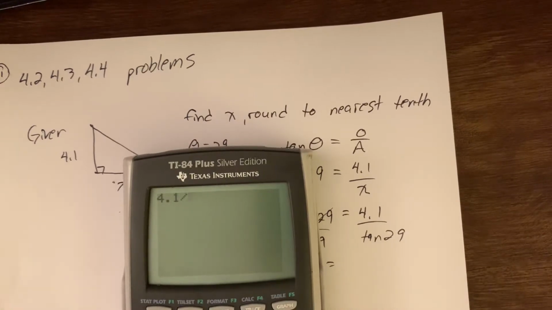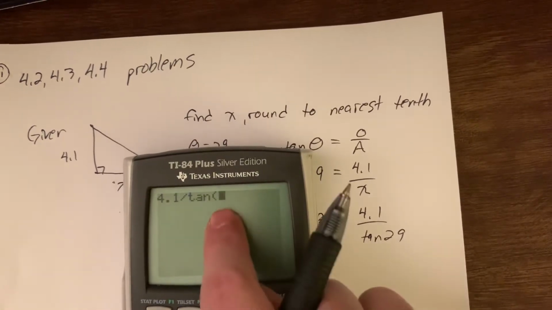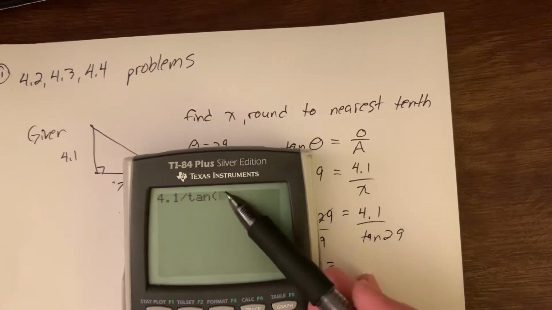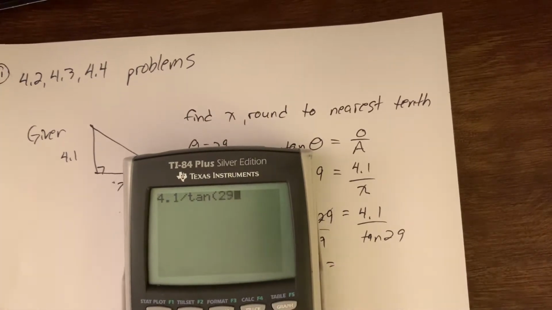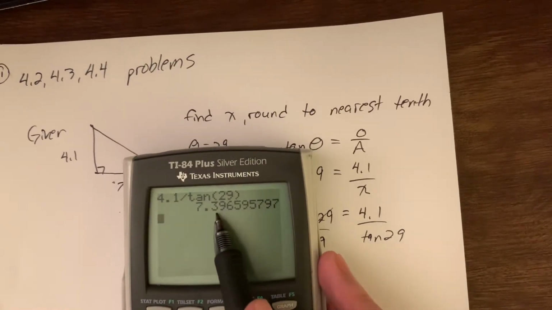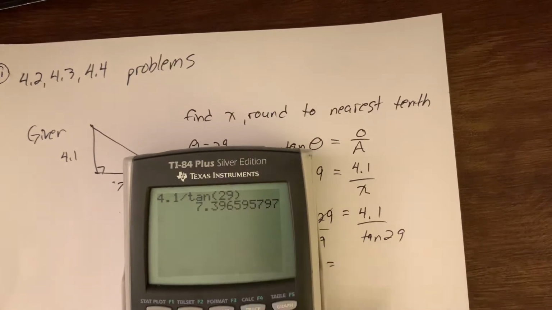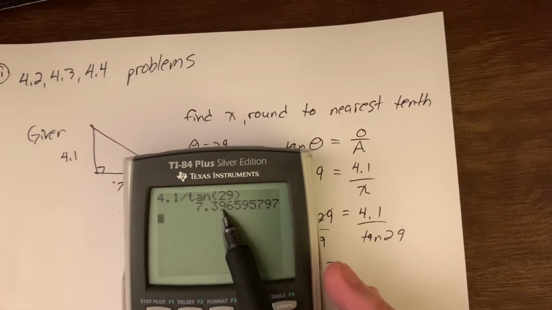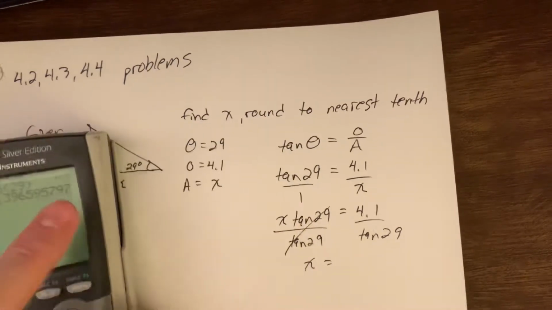4.1 divided by, there's my tan button. Notice it opened a parenthesis. Not all calculators do that, but a lot of them. 29. Good habit, close your parenthesis. And now we can get our answer and round. We're rounding to the nearest tenth, so we'll look at the hundredths place. 5 or bigger, round up. 4 or below, round down. This will be